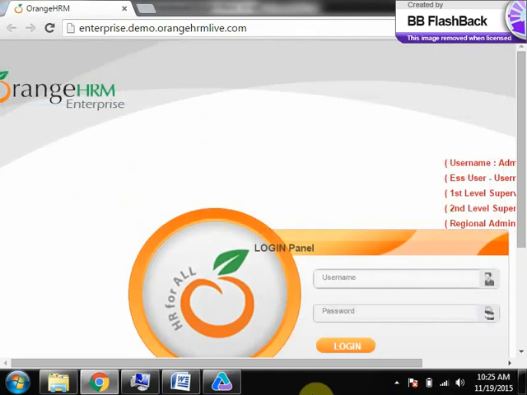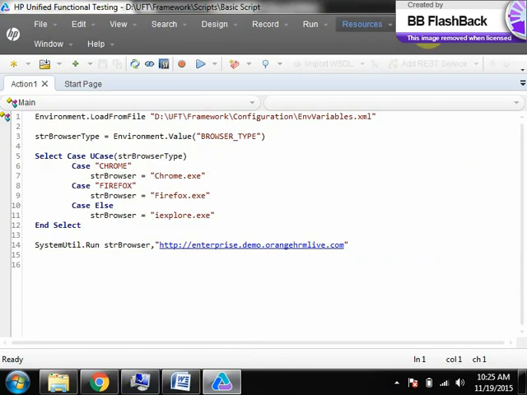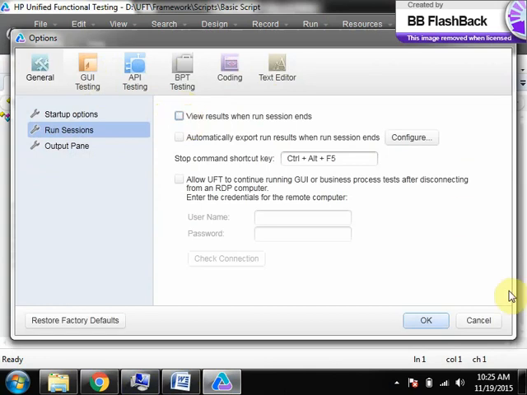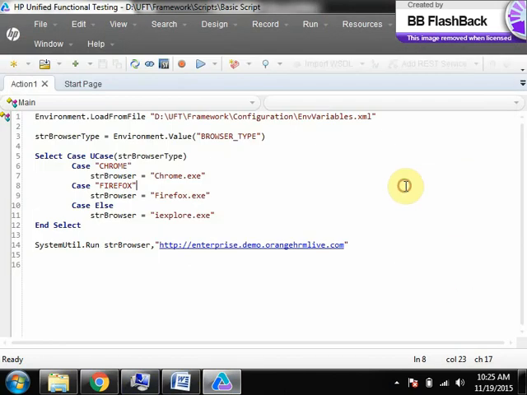Just let me do one thing. We don't need this every time. Go to tools, options. Okay.